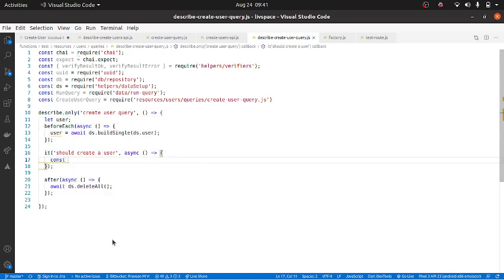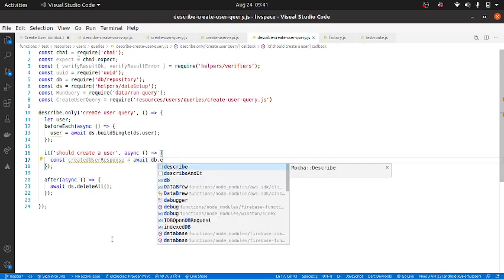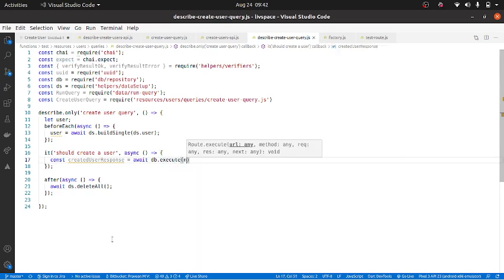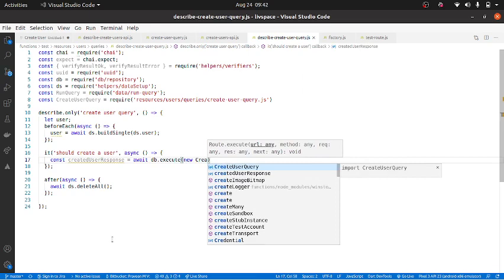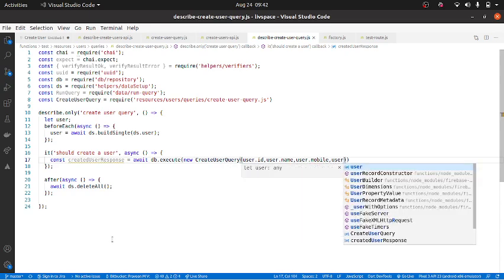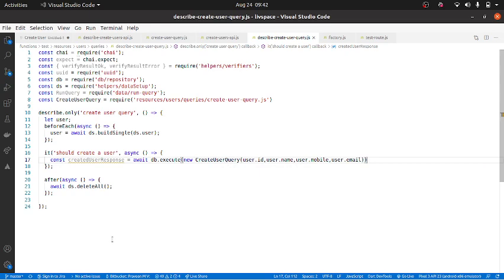So const createdUserResponse equal to await db.execute new create user query, where it will be user dot id comma user dot name comma user dot mobile comma user dot email. Okay, so all these things are used.